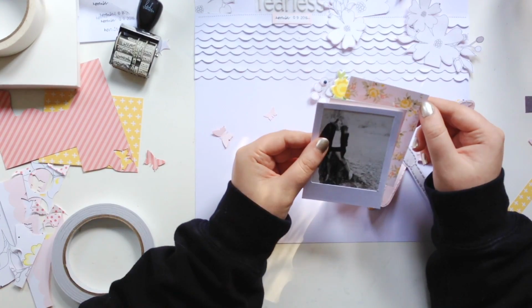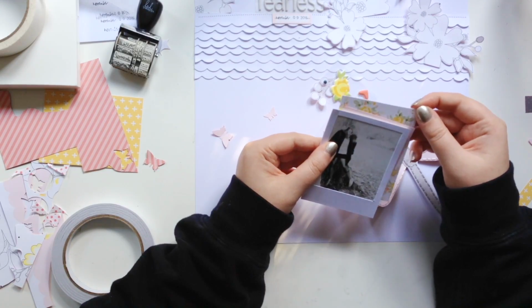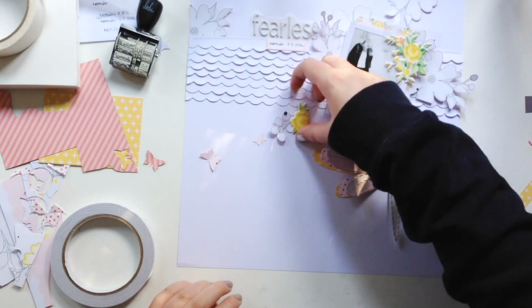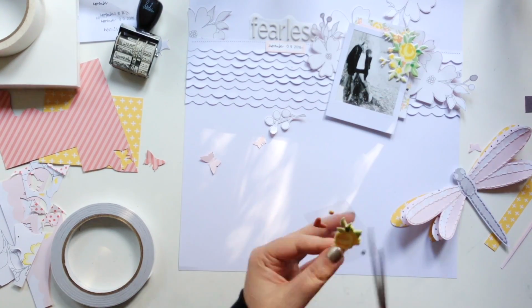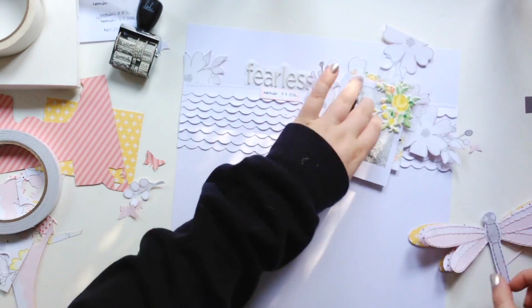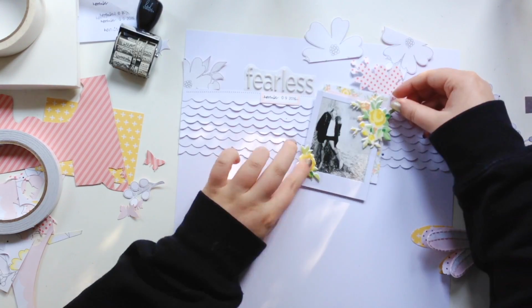I'll put in some foam behind my photos, of course. God, that took me forever to decide where I was gonna go. Oh dear, I'm sorry. Yeah, I also changed my title already. I changed it to Fearless because